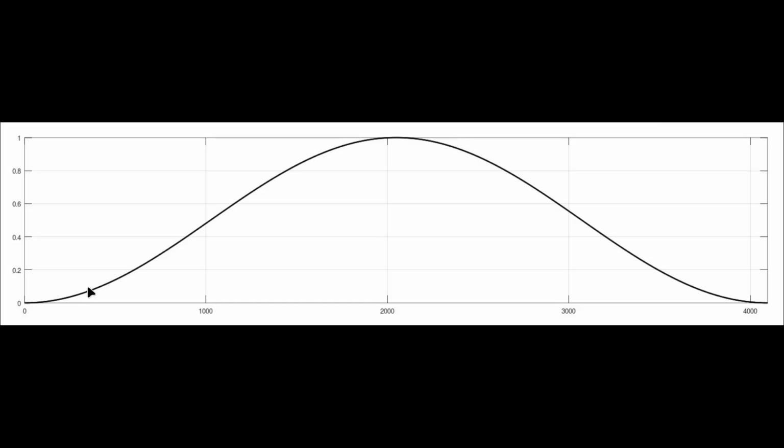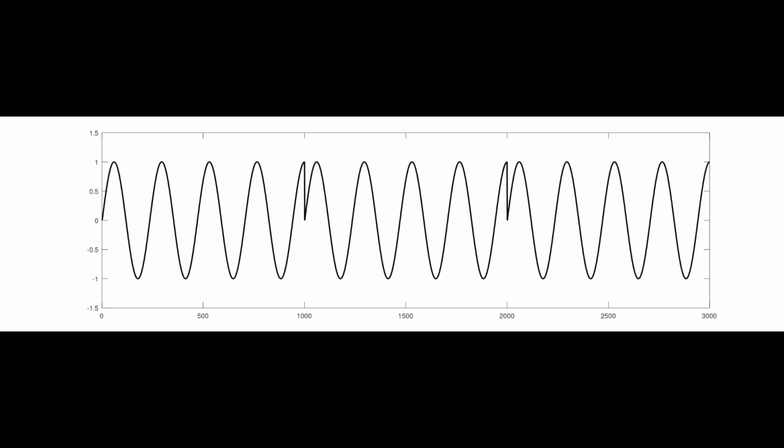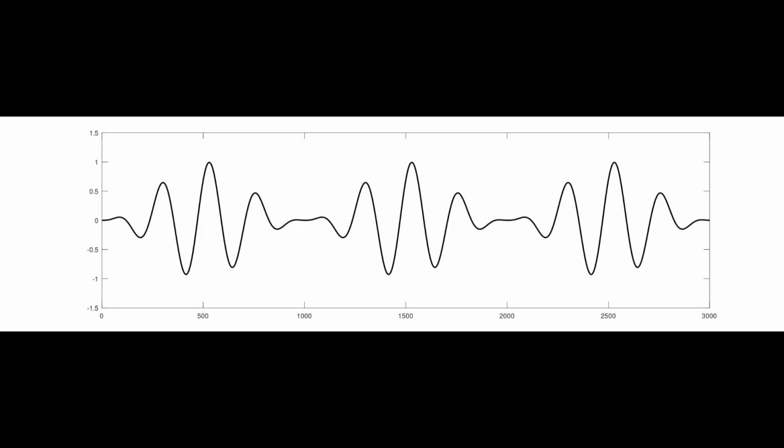A window does nothing more here than add weights to the time domain such that it pushes the ends down to 0. The point of that is that it will then take this time domain record and turn it from this into this. Notice now that the impulses are gone. We have a nice smooth transition from the end of one record to the beginning of where it repeats, and we don't wind up with the spectral leakage. We don't wind up with as bad a scalloping loss, although we still wind up with some. We'll talk about that later. But the point is that we have a nice smooth transition, which will get rid of the worst effects